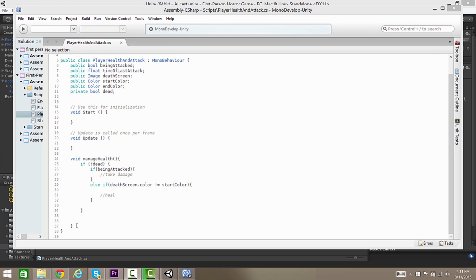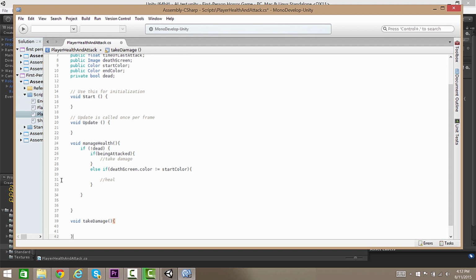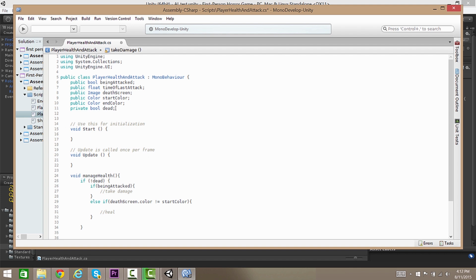In this lesson, we are going to create the take damage and the heal functions. Both of these are going to be void functions. So I'm going to go ahead and create the take damage function. What we're going to need to do is transition our desk screen color from the start color towards the end color in this function. And if it's transitioned all the way to the end color, then we need to set our dead variable equal